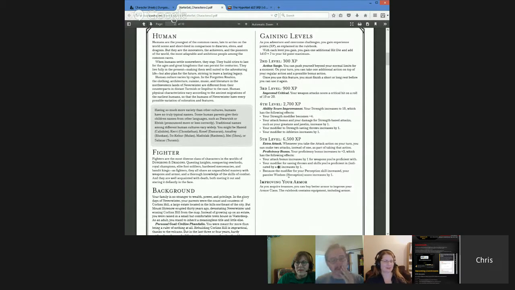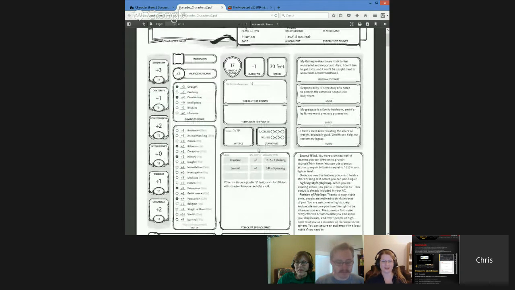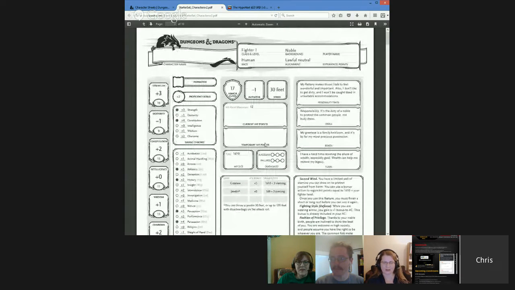And Chris had pulled up something. Chris, can you pull back to the character sheet? Now this is a character sheet. So it's not like you're waving a wand and saying, oh, you're a gnome, be a gnome. No, there's a lot of statistics that go with the character and a lot of information, right?